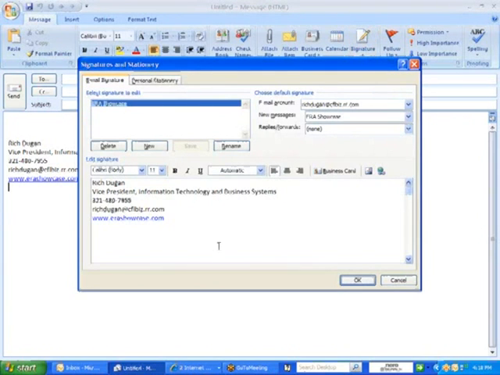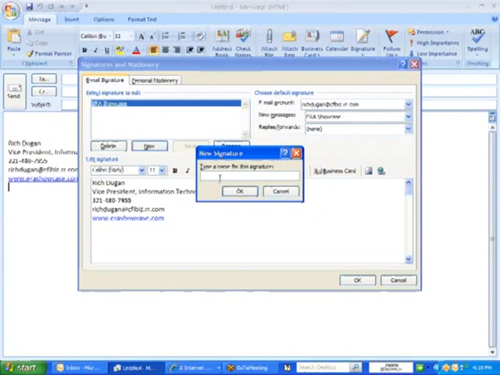I've already got a signature in here, but if I wanted to create a new one or a different one in addition to the one I currently have, I would simply click this New, type a name for the signature. So let's say this is my personal email signature, which of course will be different. I click OK,